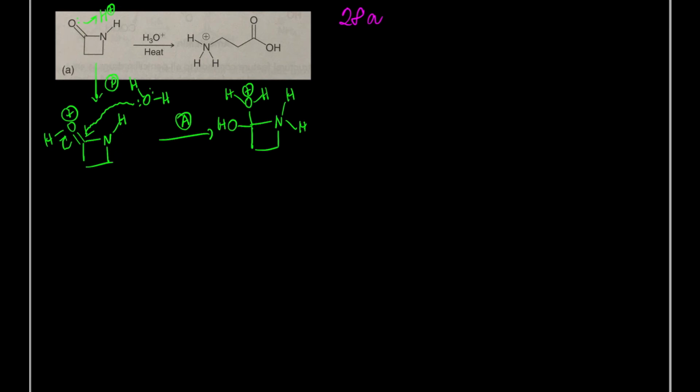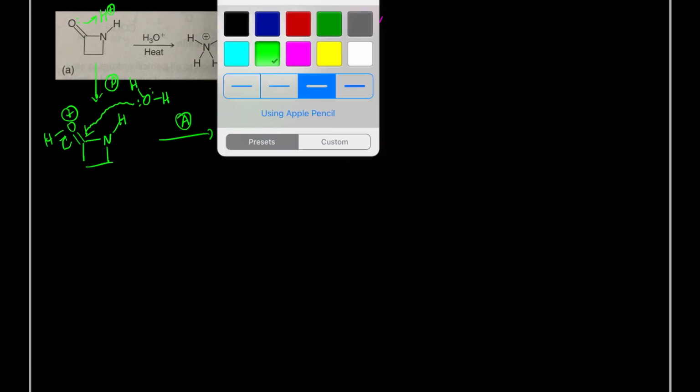Let me correctly draw the amide. Okay, so here is where we do a bunch of proton transfers. Okay, so we have water present, so we need to do 2 things. We need to deprotonate this guy here, okay,